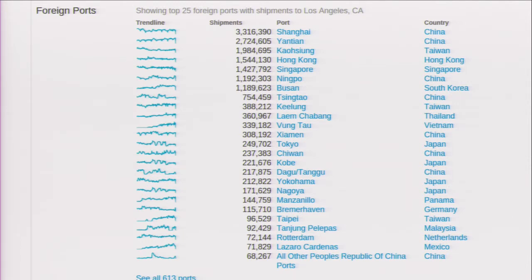And we can quickly get a sense of where trade is coming from. Clicking into each one of these will actually expand more specific statistics related to it. But this is a great overview. Now if I decide, hey, I want to do business in the port of LA, but I only have maybe $10 million to spend on contracting, on port space, on whatever provisions I need to get to that port,